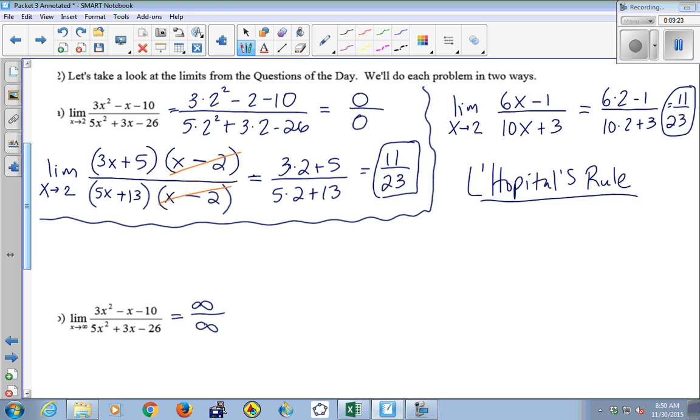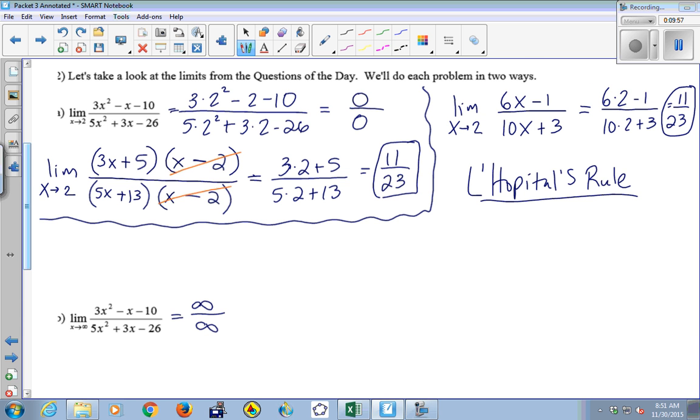Infinity over infinity is, again, an indeterminate form. The actual limit is going to depend on which one goes to infinity faster, right? If the numerator wins by a landslide, the whole fraction will go to infinity. If the numerator is getting bigger faster than the denominator, the fraction just grows. But if the denominator is getting bigger faster than the numerator, the fraction is going to shrink to 0. But they could strike some kind of balance and go to a constant somewhere in between 0 and infinity.